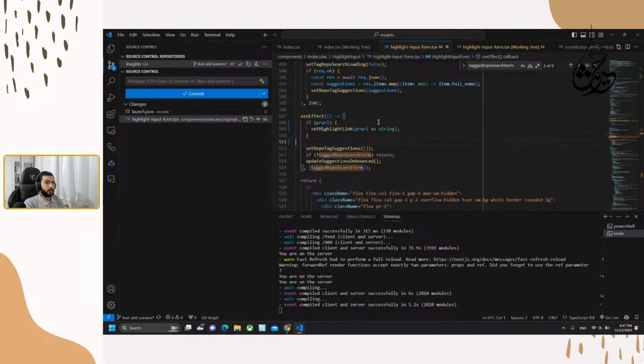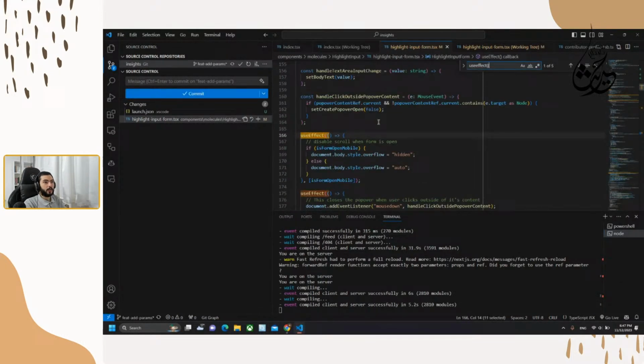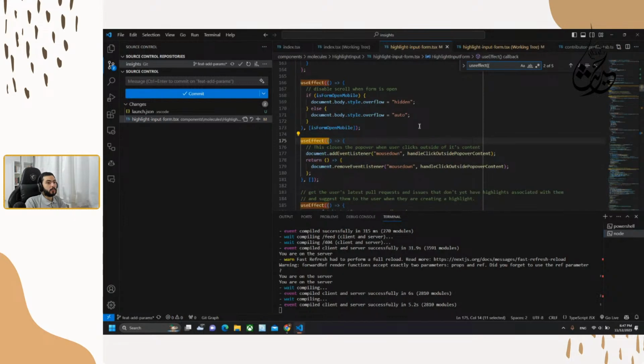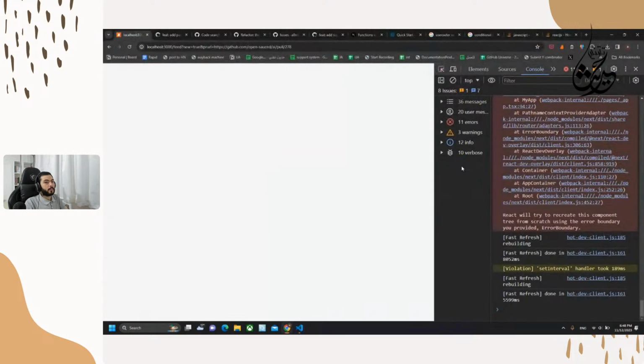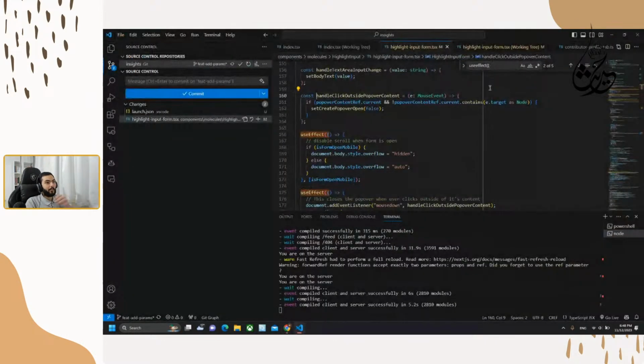Okay, let me check the useEffects that we are having in this function. So here we have isOpenMobile, and here we have the document handling mouse down. Here we are checking if it's mobile or not.